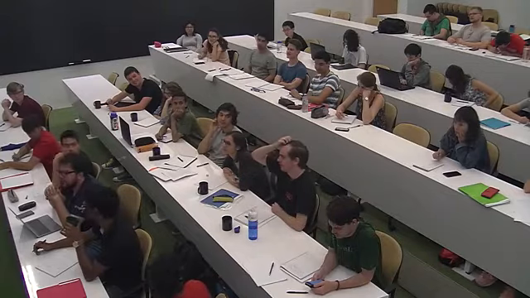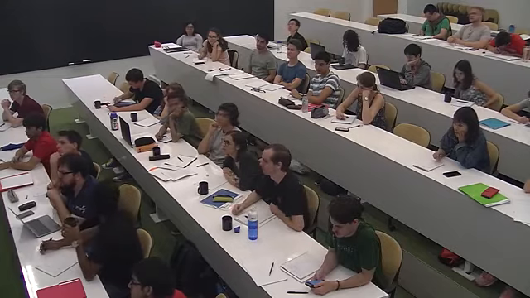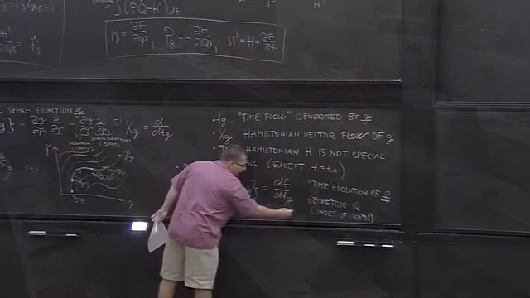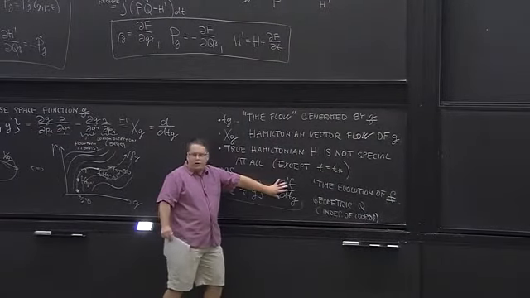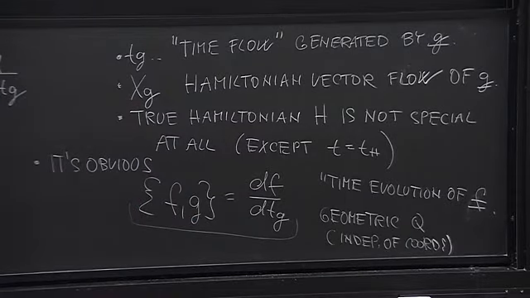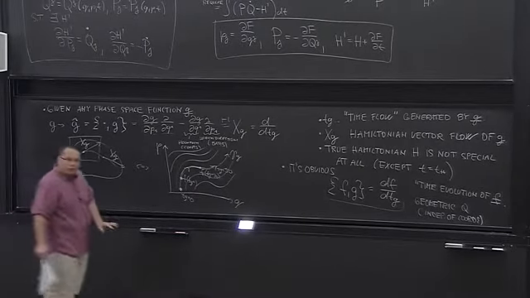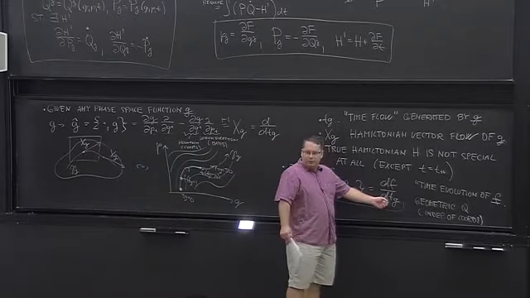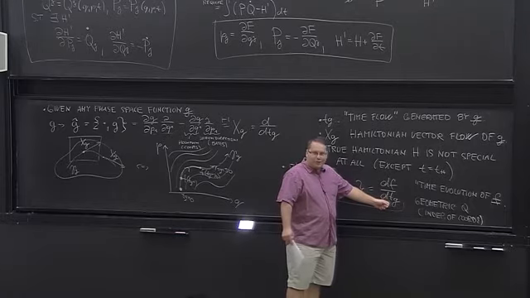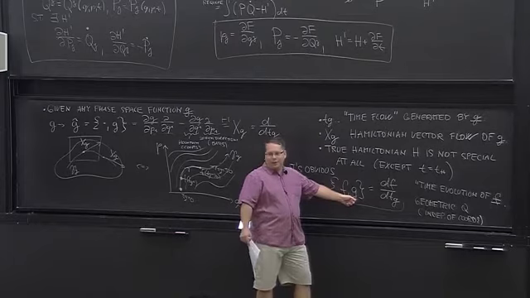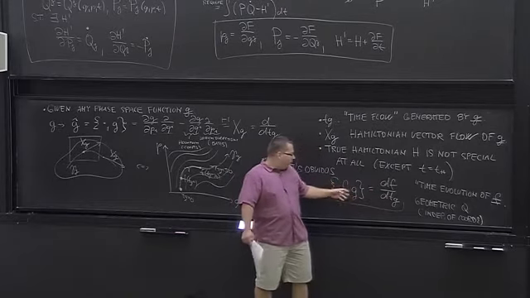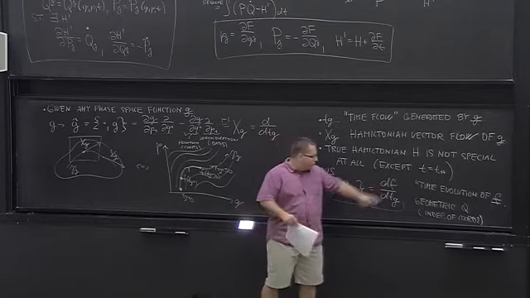This last comment that the bracket is independent of coordinates, is that only true for canonical transformations? Aha, very good. So this is a very, very good question, and maybe I didn't explain it yesterday very properly. So okay, this thing here is a geometric quantity. It really depends on the difference of the values here and difference of the values here. Doesn't depend on what coordinates I use. So no matter which coordinate transformation I do, even the non-canonical one, this thing will still be a geometric quantity and will not change. What will change is the form of the Poisson bracket. So remember when we were deriving that df over dt_G is equal to the Poisson bracket of f and G, we actually just differentiated, right? So we were using